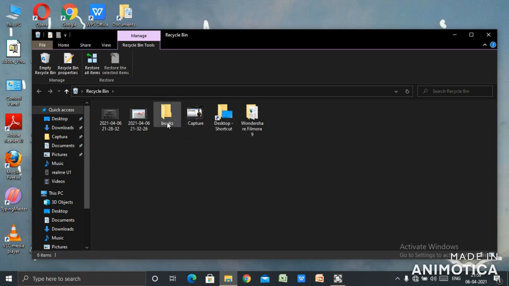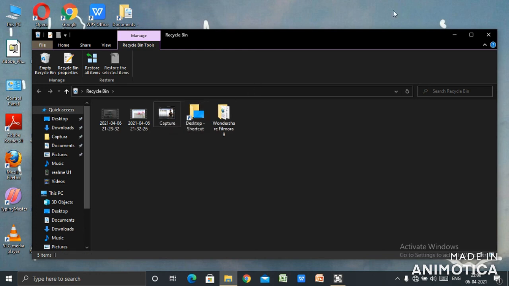Children, this is the folder which we had deleted from the desktop. Now restoring the file or folder. What I will do, from the recycle bin, I will click the folder or file which I want to restore back. If I want it back from the recycle bin, because I feel this is important for me, after selecting the folder, I will click on the restore option.